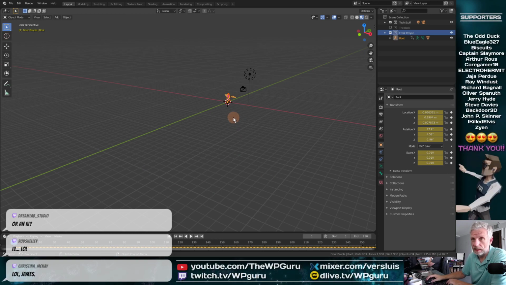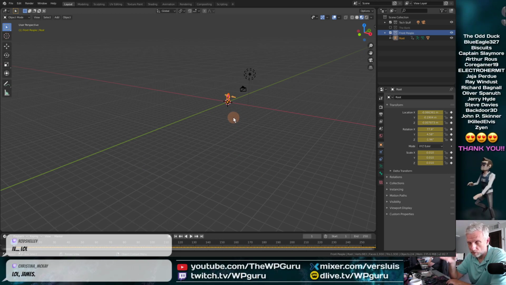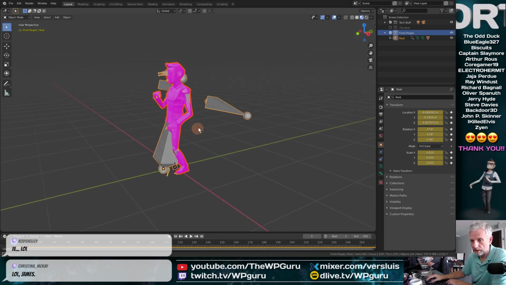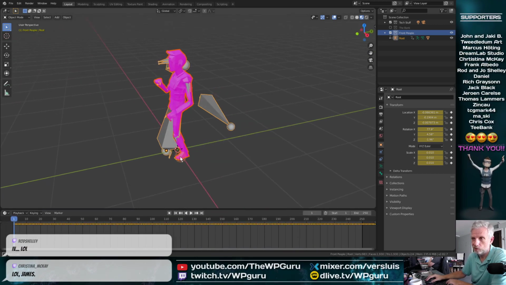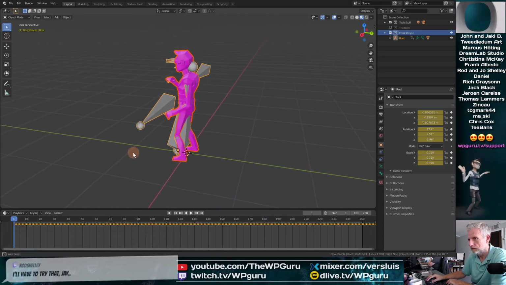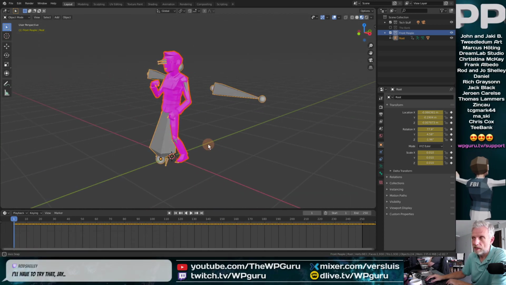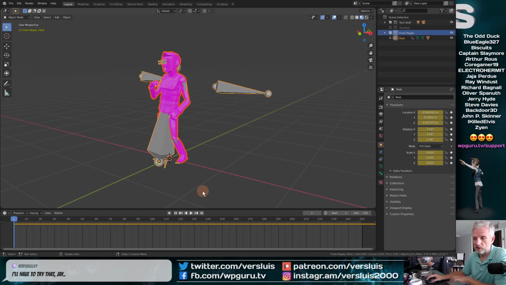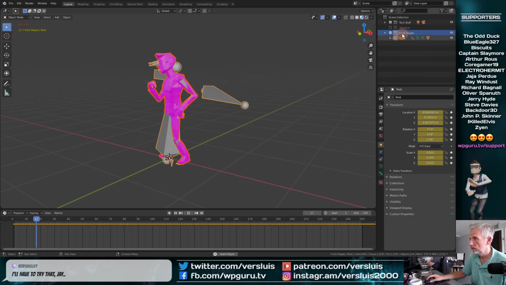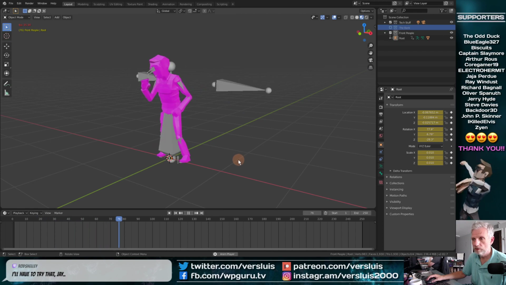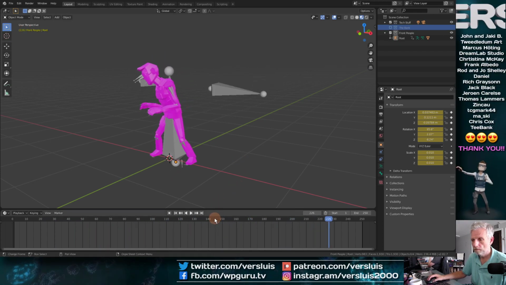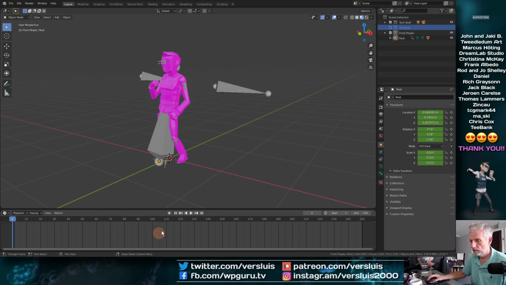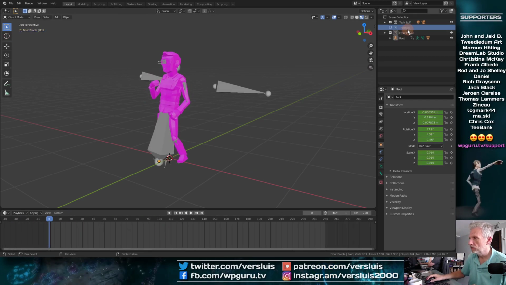Blender was of course busy, as you could see by the absence of the progress bar. Blender likes doing that because it likes to confuse us. Are you crashed? No, I'm working, but I'm not telling you. It's just how it works. He doesn't have any textures. Other than that, he's doing all right. He's doing the twerk. I don't quite know how long this animation is. We're going to find out in a minute.